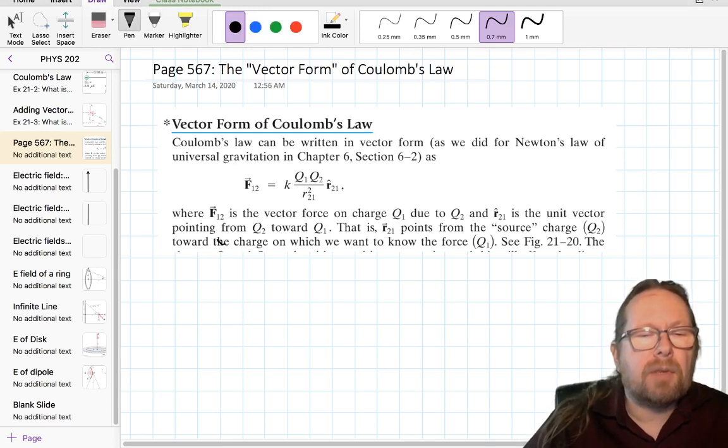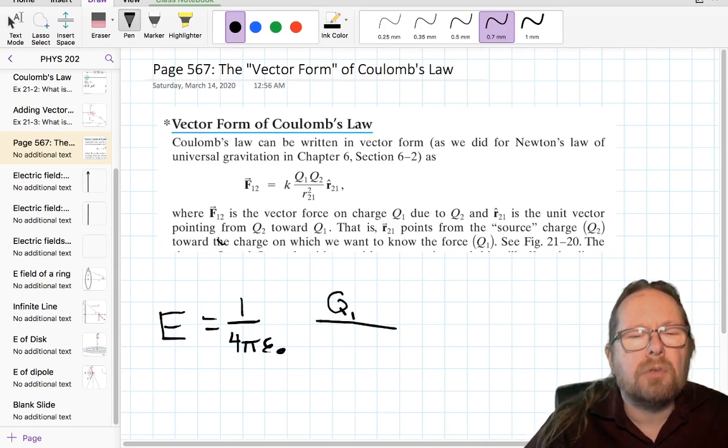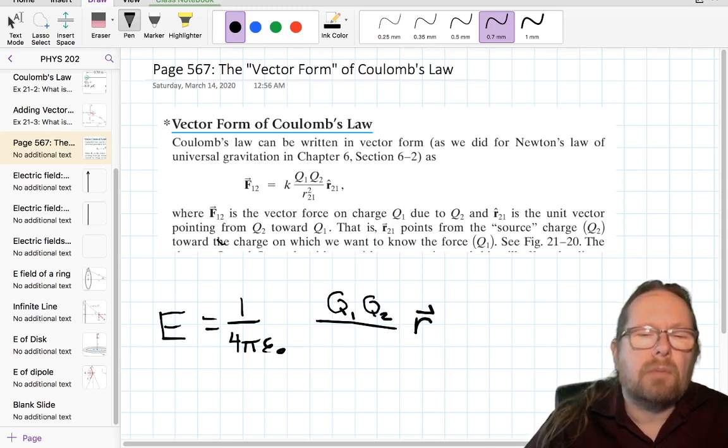You'll see, for example, the electric field written as 1 over 4 pi epsilon naught, which is how we usually write the electrical constant in more advanced texts, times the product of the charges, Q1 times Q2, times the vector that goes from one charge to the other divided by the magnitude of that